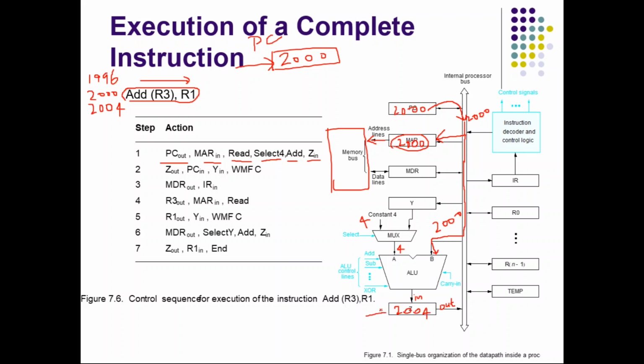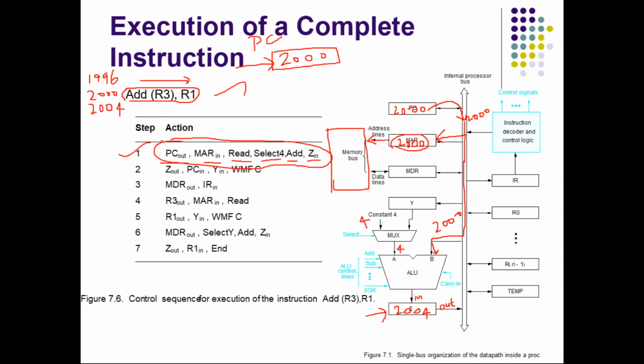So what is this 2004? This is the address of the next instruction, because when the current instruction is executing, by that time itself the PC should increment. So this instruction is executing, it is not completed, but meanwhile we increment the PC. Then all these things are happening in one clock cycle, so this is given as step 1. In one clock cycle, these 6 operations are happening. So this one instruction involves this many operations.